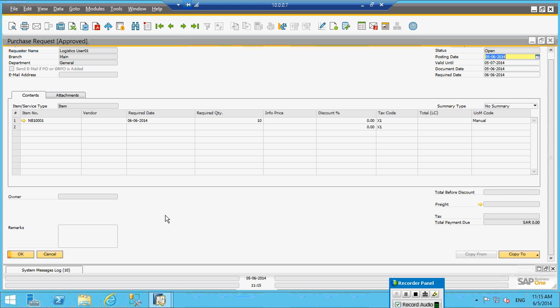So all the documents will have a number. Everything will have a number. One is status, one is number. If the status is open, that means this document has no further process. Simple. It is lying in this state. This request is not processed further means the status is open. The status is closed means the request has moved on to the next creation. That means you will not bother about the document where status is closed.